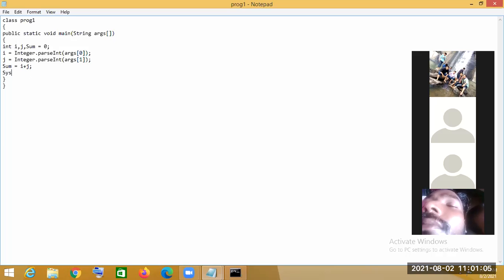And after that, we will print that value with System.out.println, the sum of i and j is, plus, and we will print the value here.